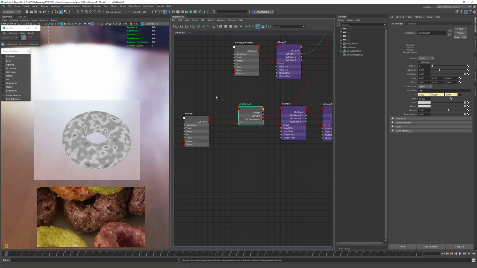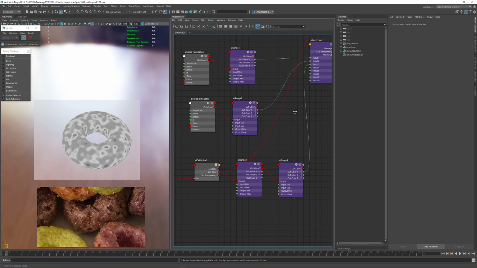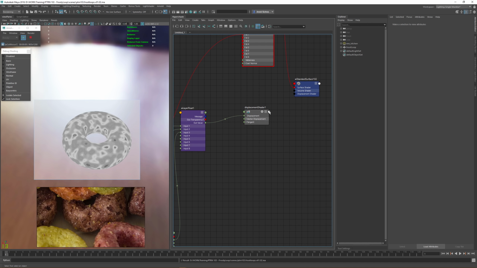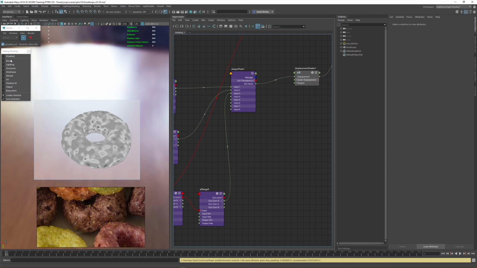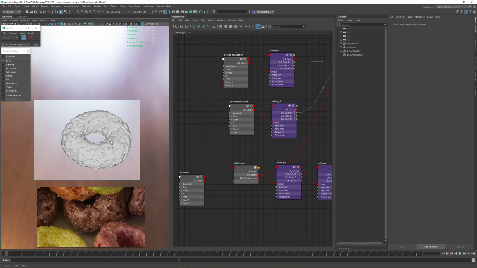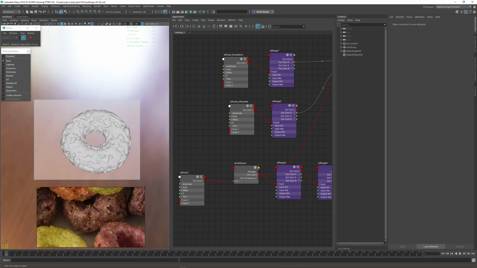So let's just see what this looks like. It might be a bit too much, but we'll see. So let's bring back the displacement and see what the basic render looks like. So this is now the amount of holes we get, and I think this is actually pretty well done. We have all the detail, and the only thing we're missing now is